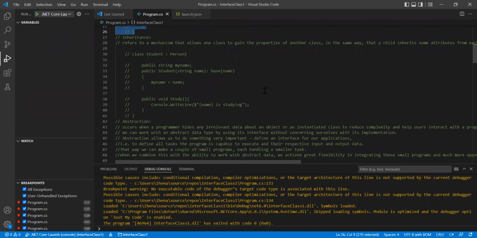So as I was saying, inheritance is when you allow one class to gain the properties of another class. In this case, you have your parent class and then your child class. So it's also another concept of